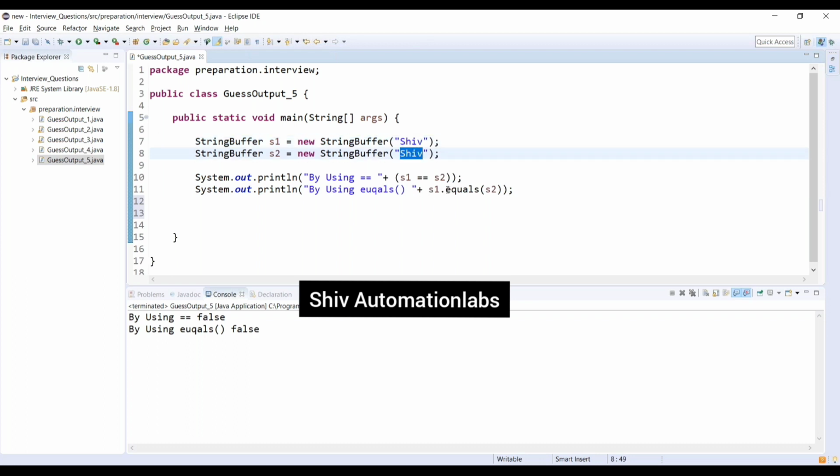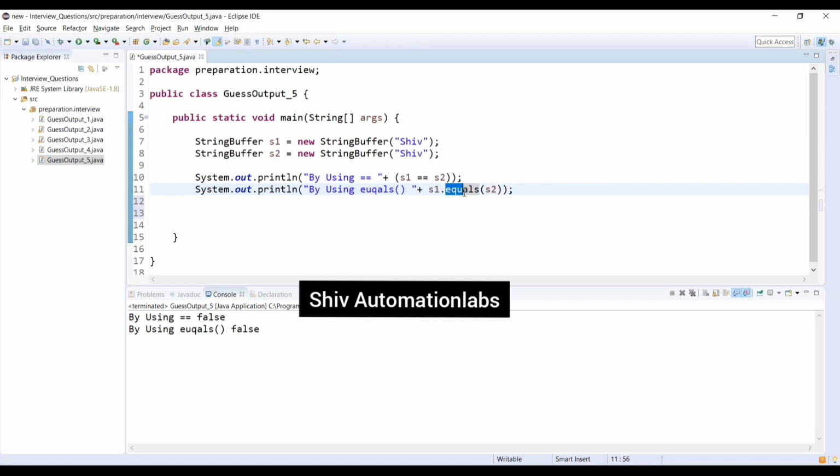In the first case it is comparing the object, but in the second case it is comparing the values. So it should return true, but this is the difference I'm talking about. Whenever we are dealing with the string buffer and string, the equals method returns a different value; here it is returning false.